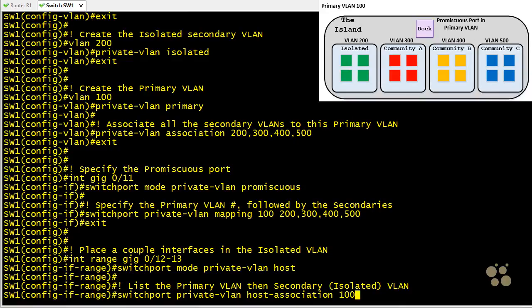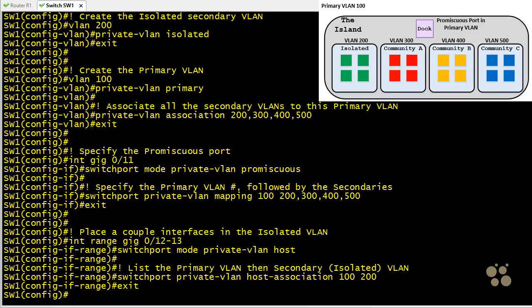then the VLAN number of the primary VLAN followed by the secondary VLAN that we want this port to be a part of. So in effect, this port is now a member of VLAN 200. That's our secondary VLAN, which is also an isolated VLAN. And these ports will also have access to the promiscuous ports that are in VLAN 100, which is the primary